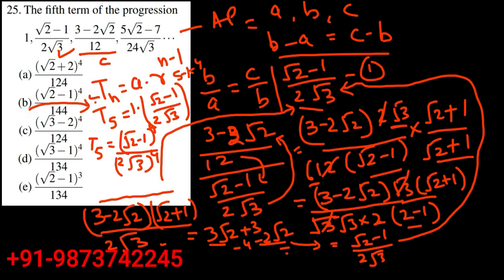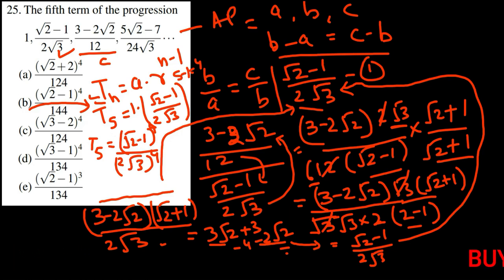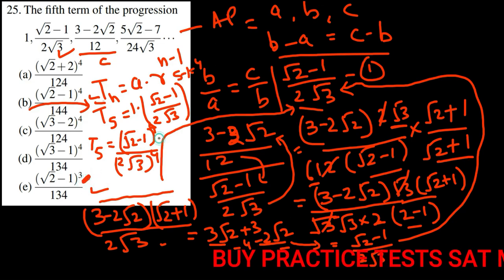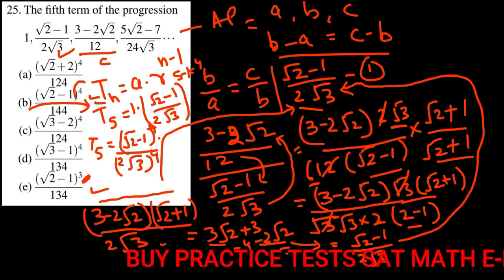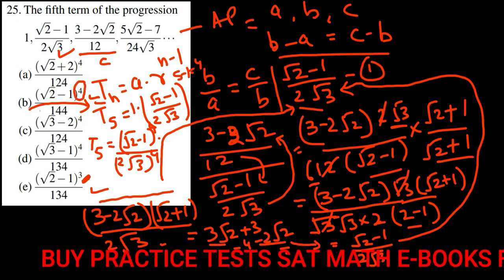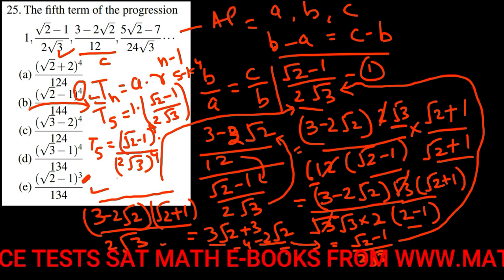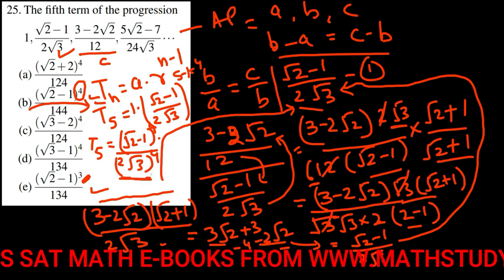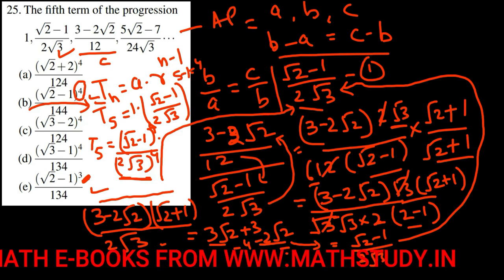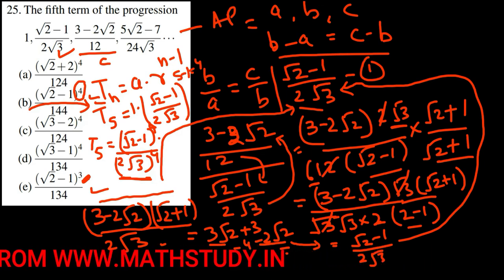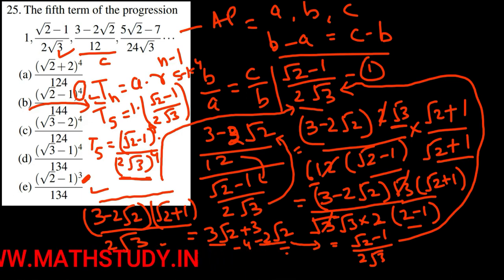Option number B, because there is no other option in the numerator where root 2 minus 1 is available with the right power. Root 2 minus 1 is available, but the power is 3 there. See, our power is 4, so this is matching with this part. Power is 4 here, right? So we can say that option number B is our answer. There is no requirement to find this value here, right? So that was our question number 25, and we will move further in our next video with question number 26.